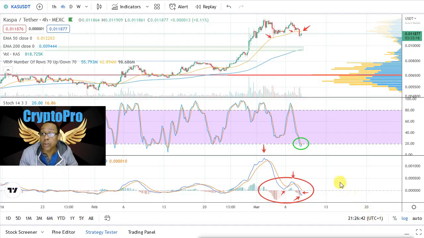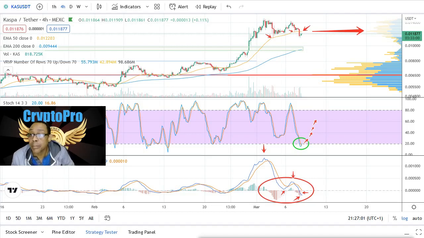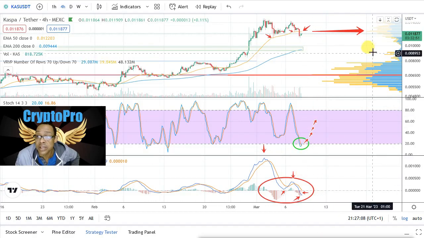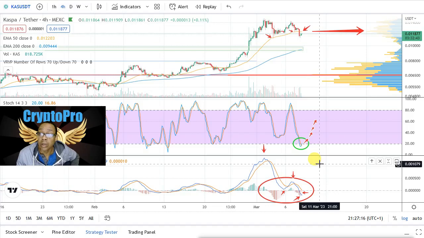So based on this 4-hour chart, it looks like if this works out and the stochastic starts a new cycle up, if it even makes it up there, the first target would be right here at this volume node. Exactly. There's the peak node at 1.2 cents. And there's not much other evidence really on the 4-hour to look beyond before we see what this stochastic does as it completes out. We can't really talk about this other little node here at 1.1 cents until we see this play out. And we're probably going to have to look at the 1-day chart.